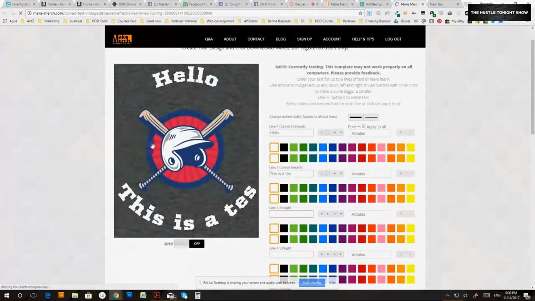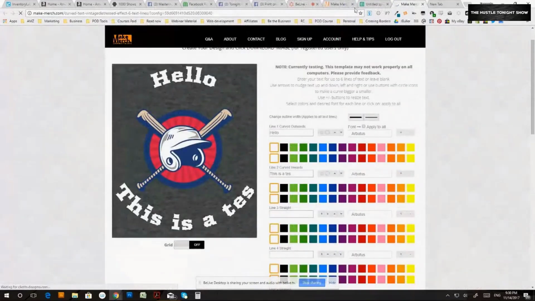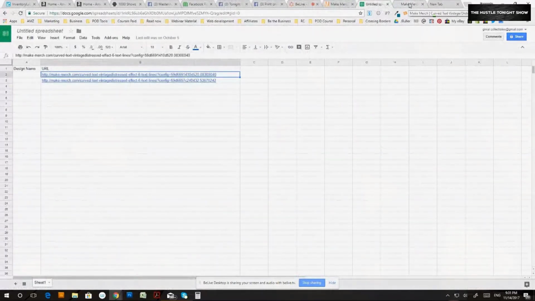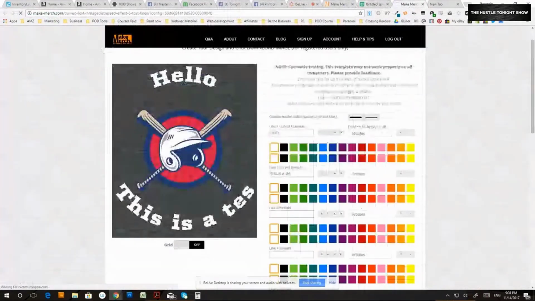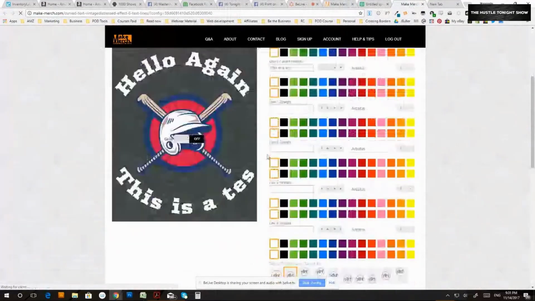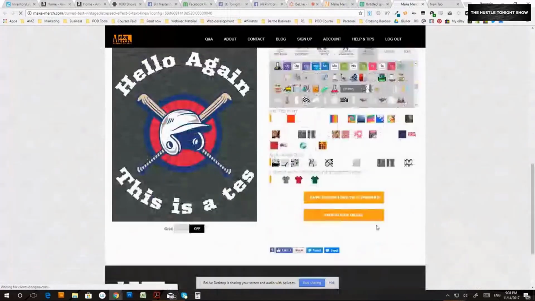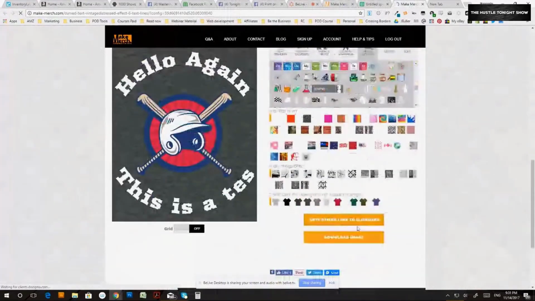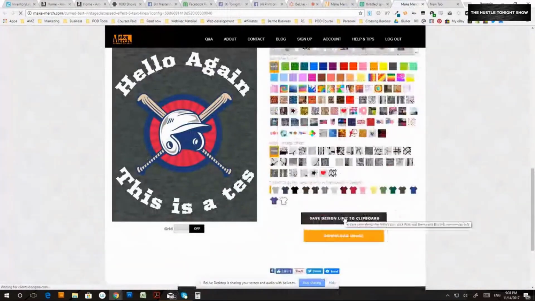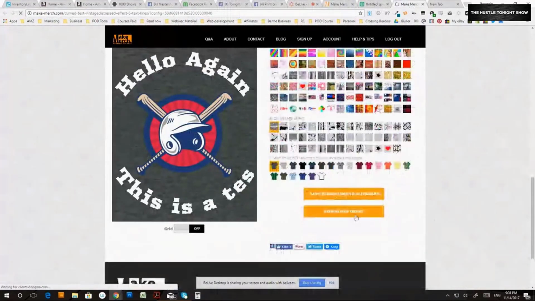Oh yeah. So, what I see is that I had already saved this template in my Google Doc. So any design that I create in Make Merge, I can just click here in my Google Doc and it will take me here. And for example, I can add here again, hello again. And if I go to the bottom and go to save design link to clipboard, and click here when it finishes loading,